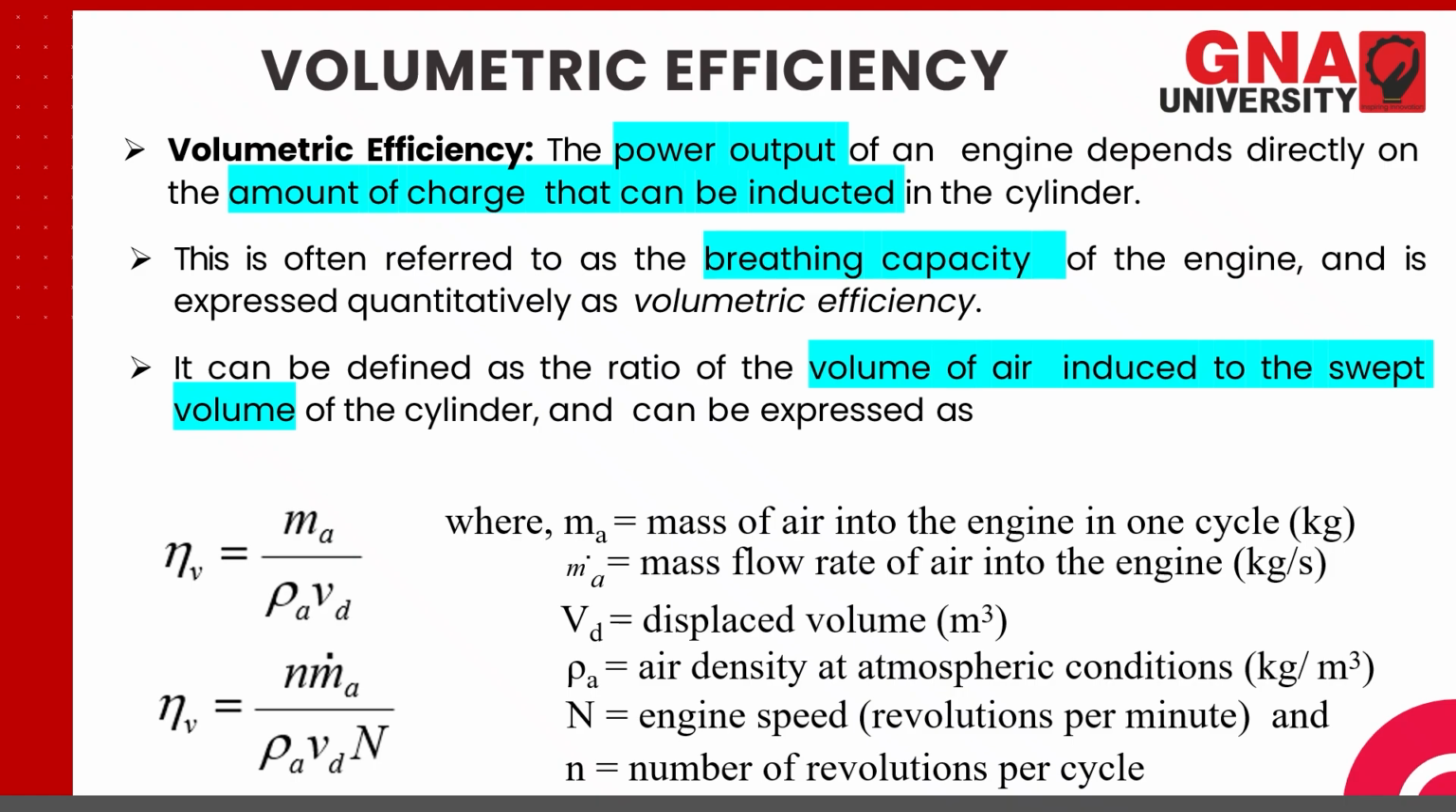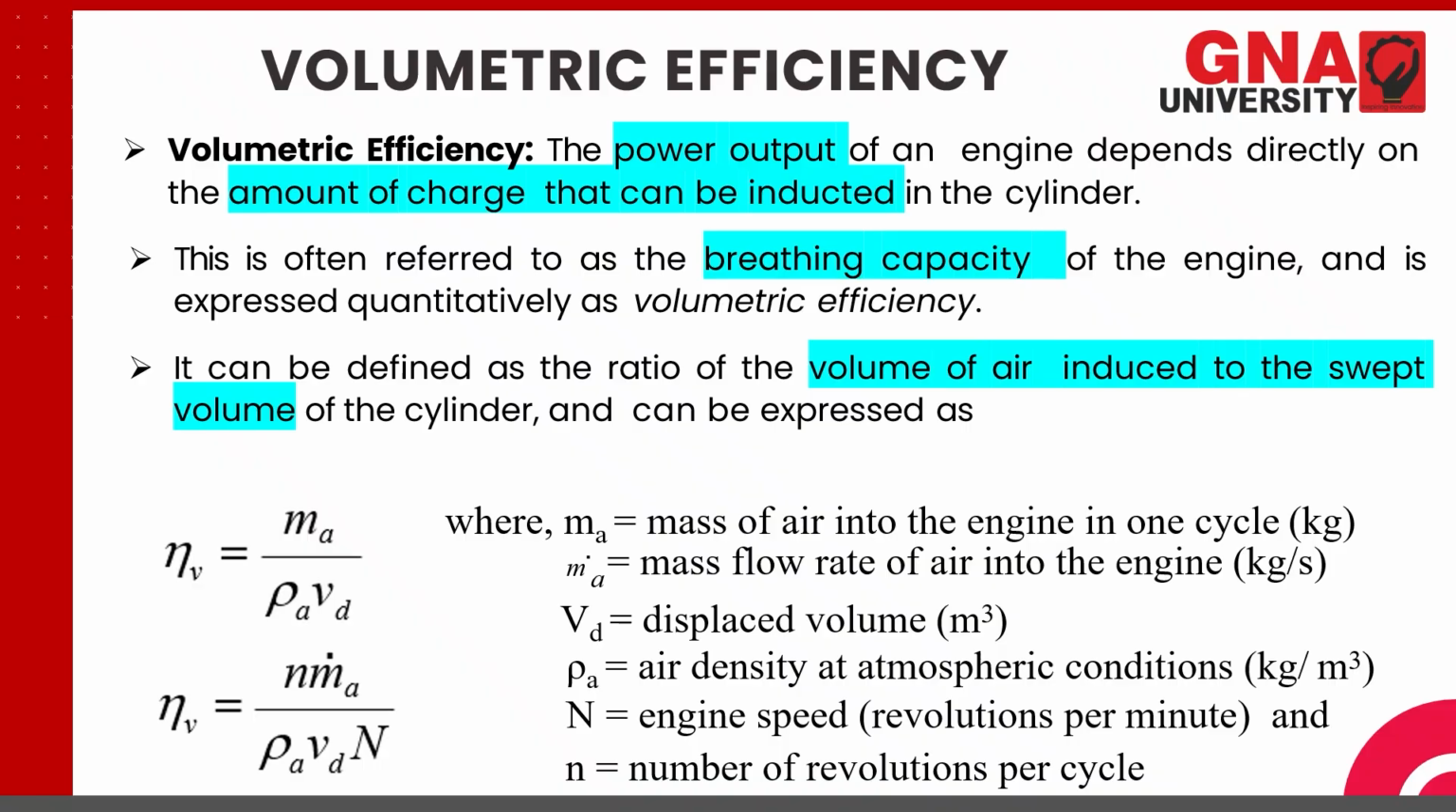So it is written as eta V, that means volumetric efficiency, is equal to m_a, mass of actual air sucked in, divided by rho_a V_D. Rho_a V_D is representing the amount, the mass flow rate, which is going inside the cylinder. So eta V can be written as m_a dot divided by rho_a V_D N/n. Capital N is the engine RPM, and small n is the number of revolutions per cycle. That means in a complete cycle consisting of suction, compression, expansion and exhaust stroke, how many such cycles are completed